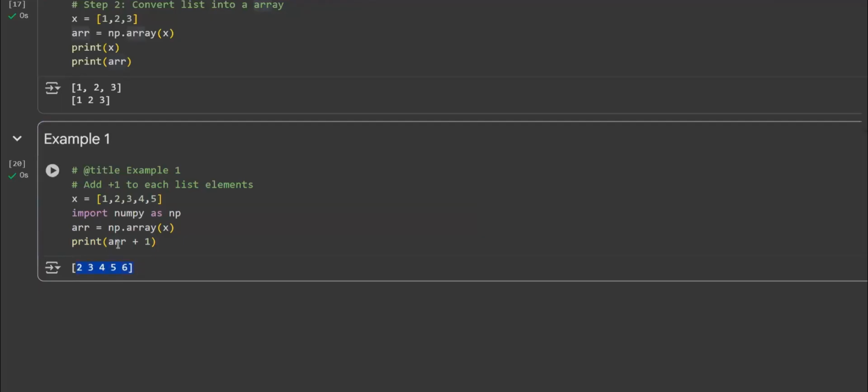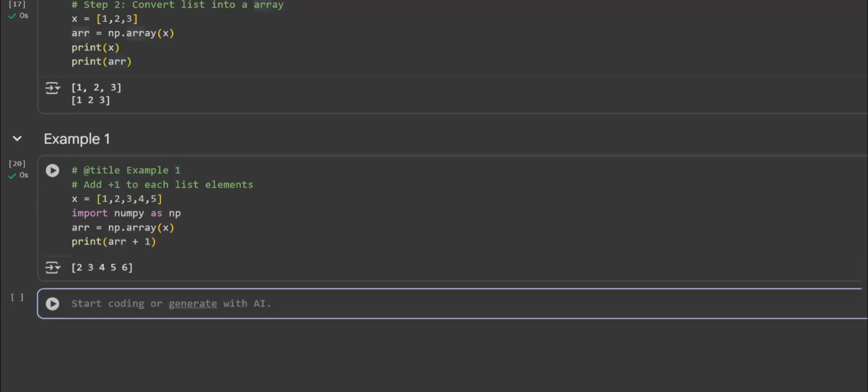Why? Because this array and this plus 1 are both considered as an equal data type, or same data type. So that is the reason it is able to add that particular plus 1 inside an array. Now, if the question was like this,